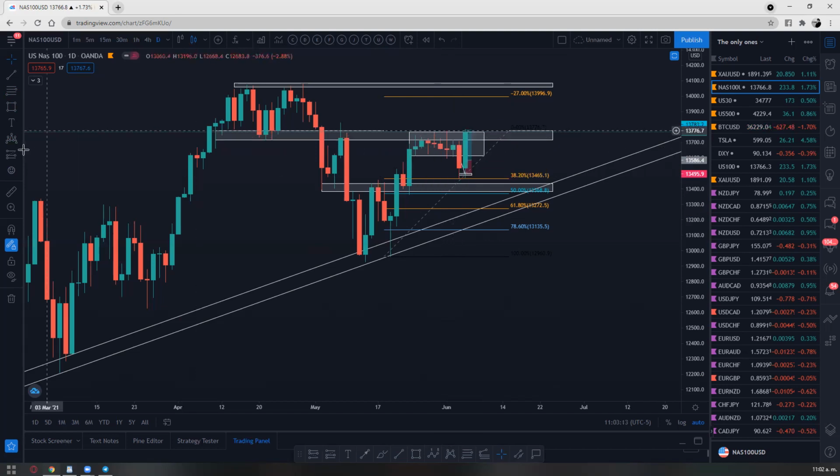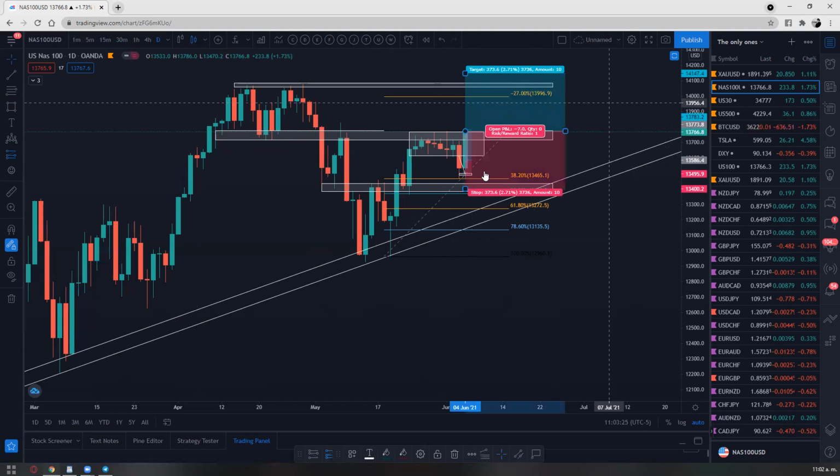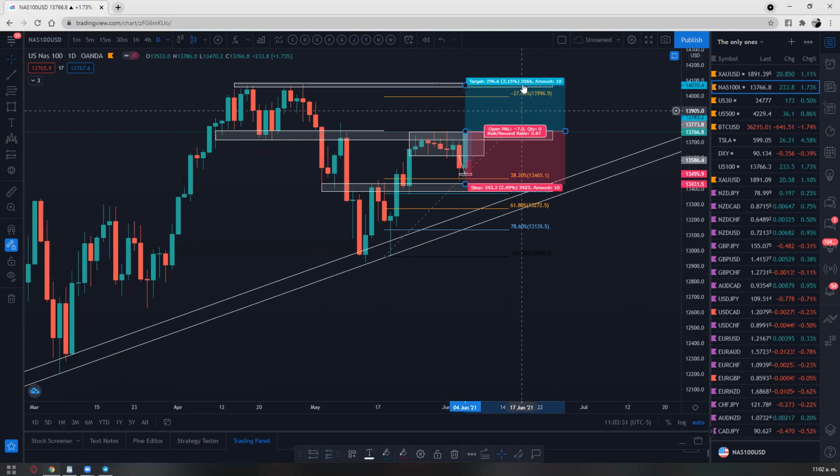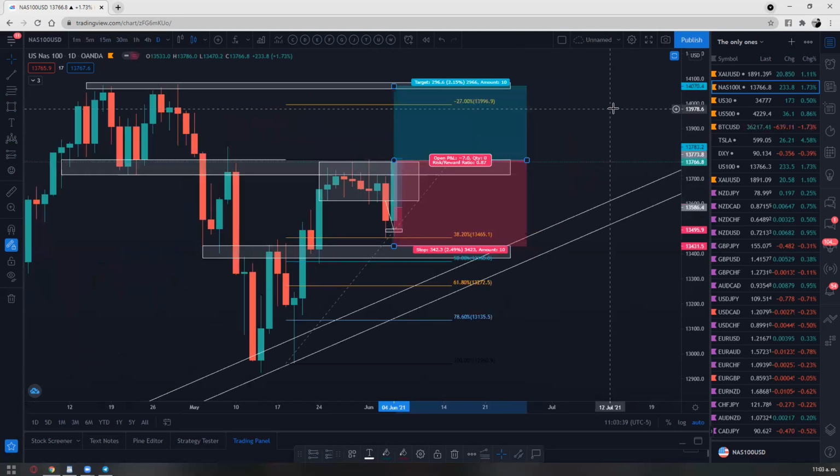If you're looking, for example, on a daily time frame, let's suppose you are not a scalper, you are a swing trader. So you can make your entry easily right there, stop loss below the last low, and you can aim 1-to-1. You can aim to here. That's a lot of pips. That's, I would say, 296 pips right there.